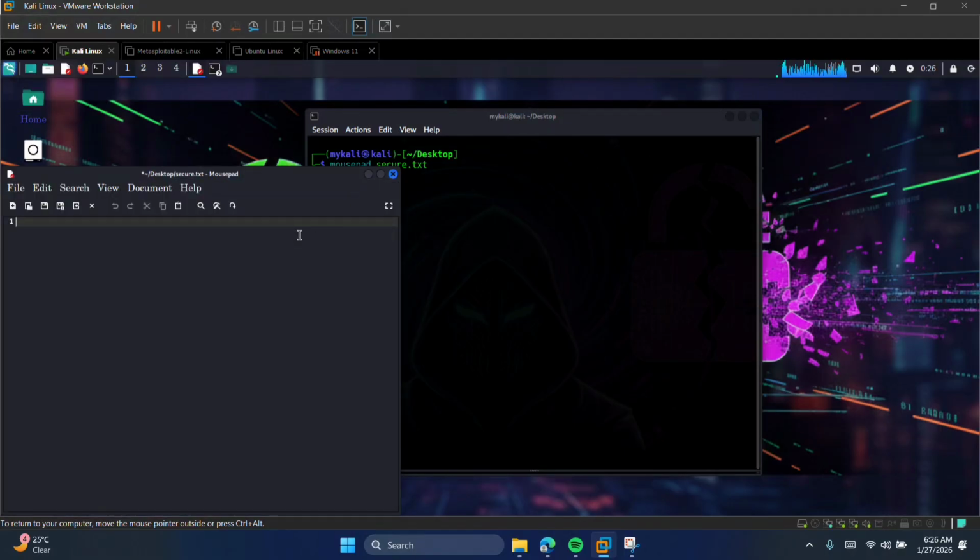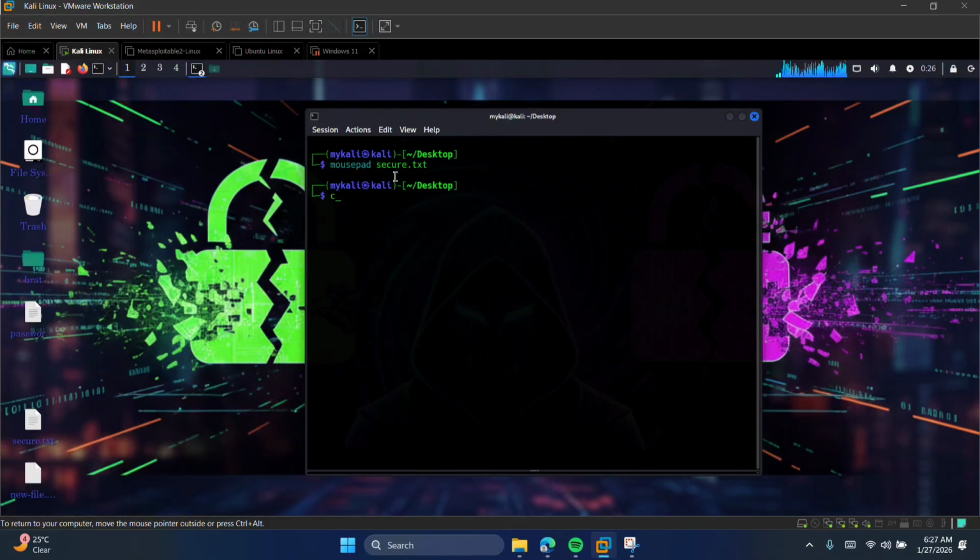Then here we can just write anything into it. This is secure, and we save it. So when that is done, we clear the terminal. Then we'll use a tool called zip. This dash e flag means encrypt. So we want to encrypt this